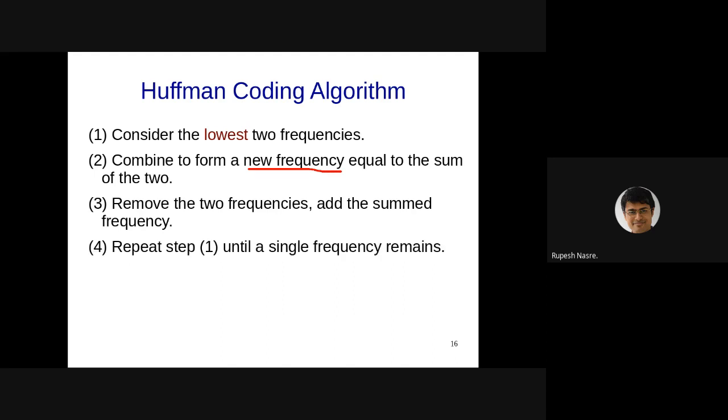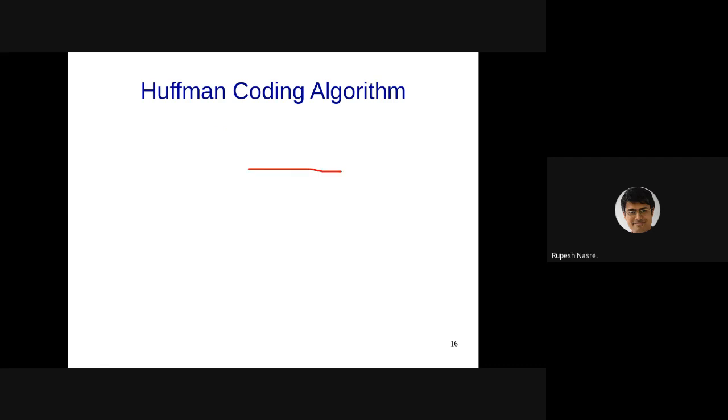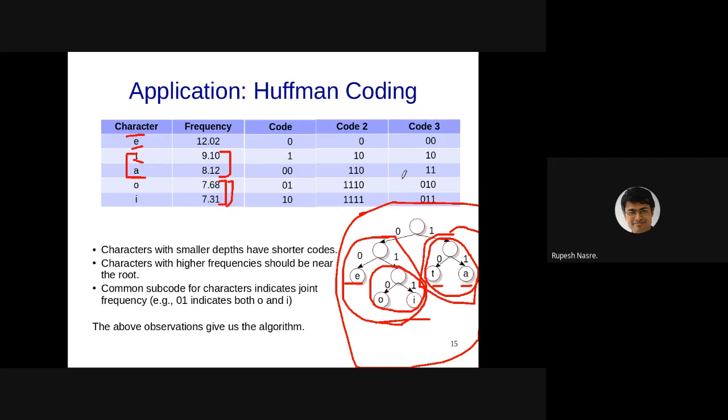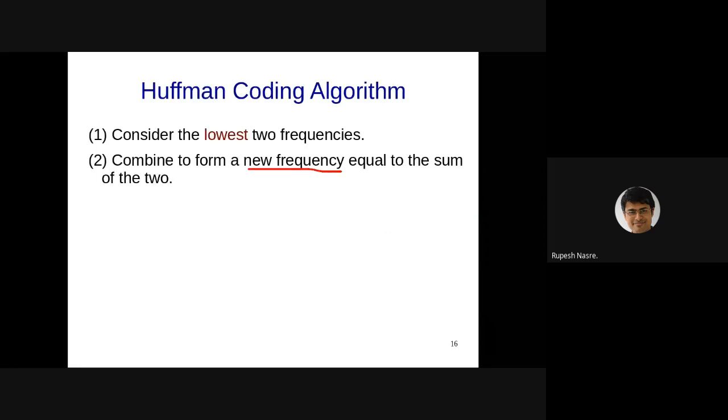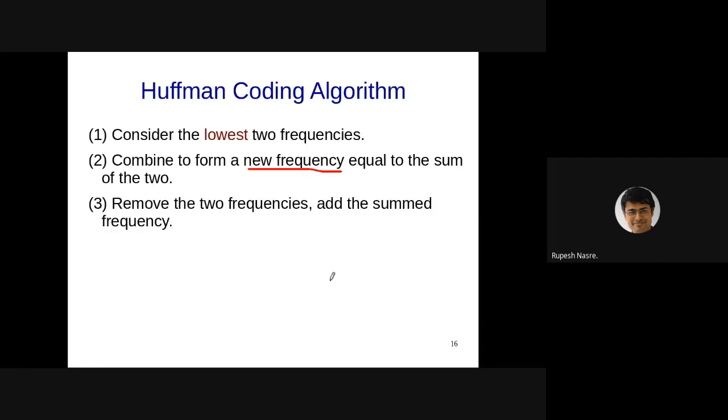So now you can see where that heap is getting used. The tree per se is not really the heap. The tree that I showed you is not a heap, there are no values associated with this. Even if you put in your frequencies, yes, the frequencies will actually satisfy the heap property, but that is not where you actually use the heap. The heap is used in moving the elements.